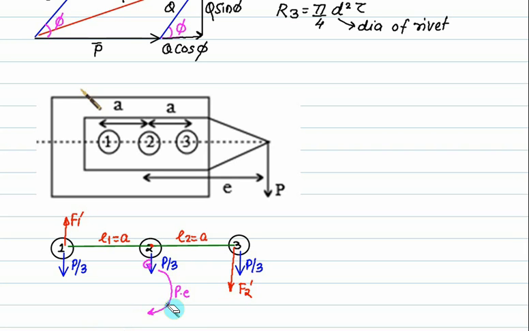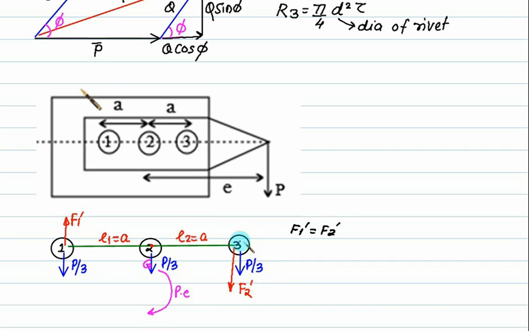So this total value will be equal to what? F into E. The secondary forces are acting at an equivalent distance. It means that F1 dash is the same as F2 dash. So actually we don't have to do any calculation. If you apply